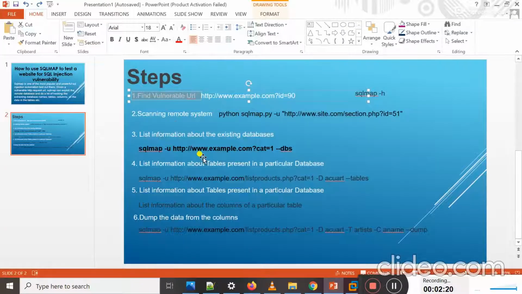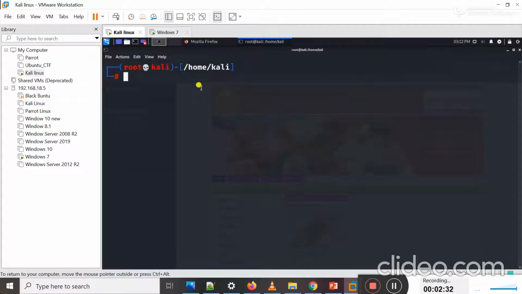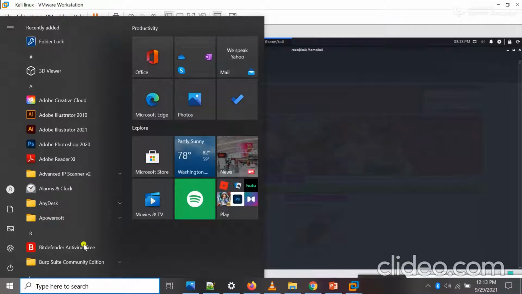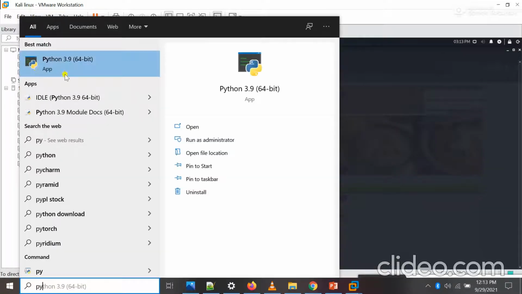Okay, the second step is to scan the remote system by using this command. Students, if you are using SQLmap on Windows, then you should use Python, and you should install Python in order to work with SQLmap on Windows.